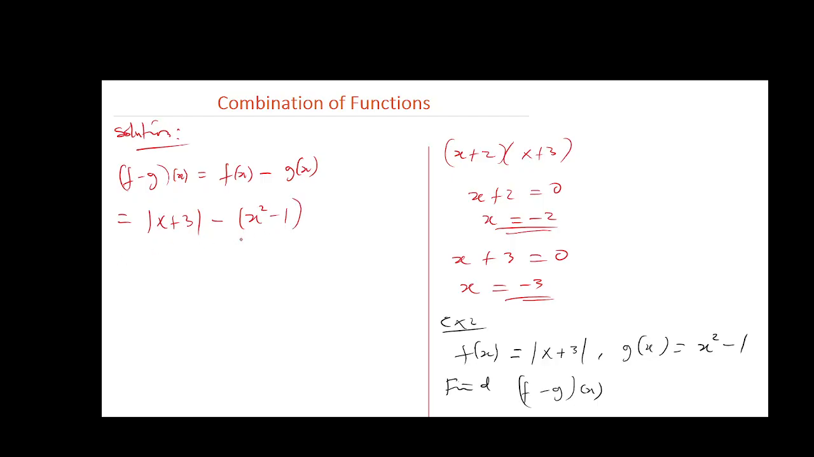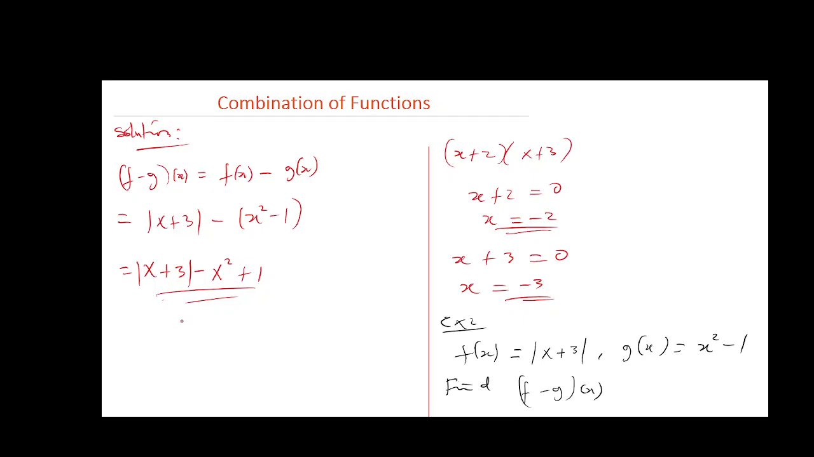All right, we can go further and expand this so that we have the absolute value of x plus 3 minus x squared, which will give us minus x squared, minus 1 will give us plus 1. And this becomes our final answer here. Or we can still go further